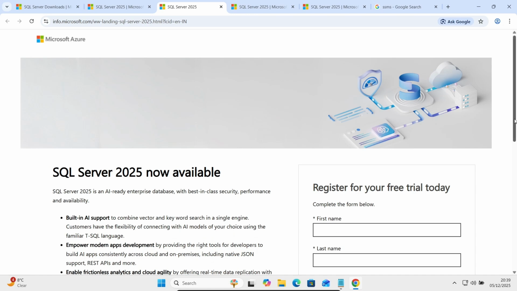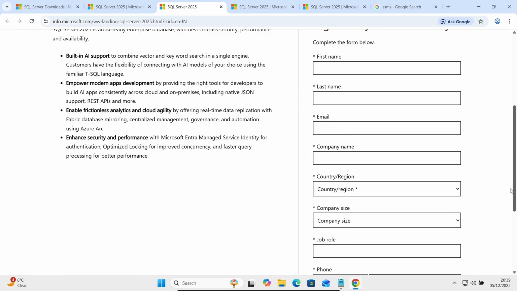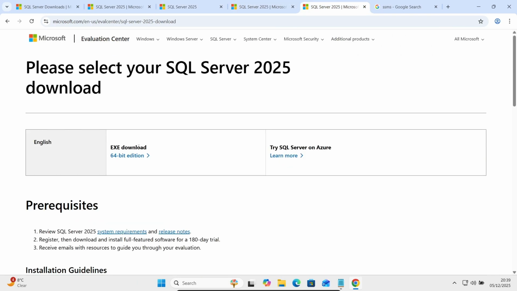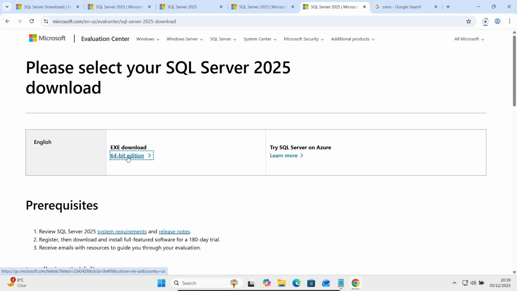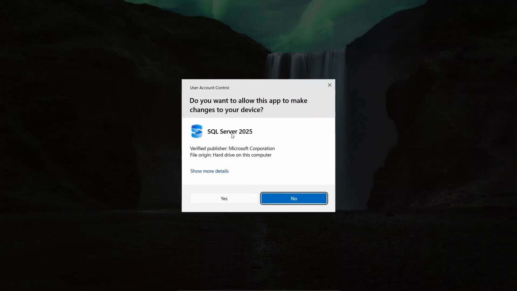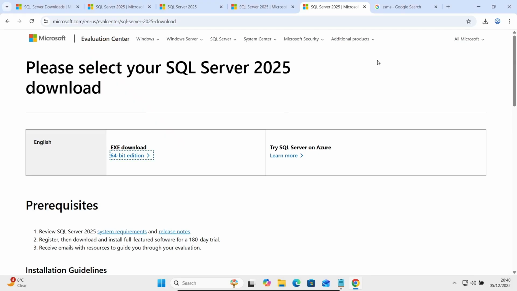Now you need to fill in all these details. After filling in the details, you get the new SQL English, 64-bit operating system. You need to click. Now the SQL evaluation exe file comes there. You need to click this. It comes from Microsoft Corporation. Let's click on the Yes button,